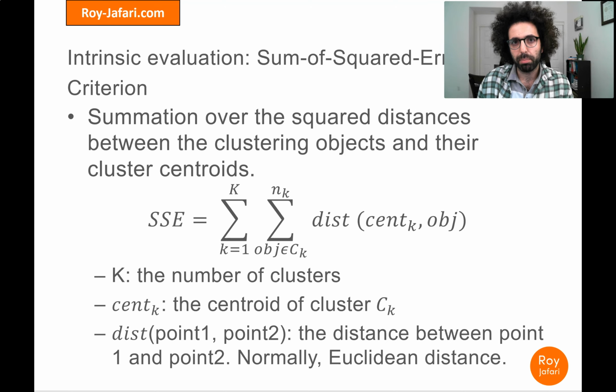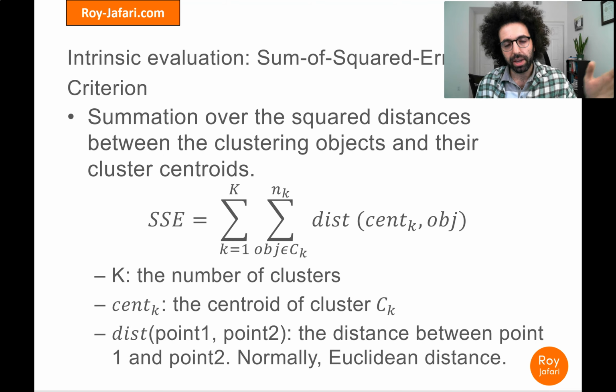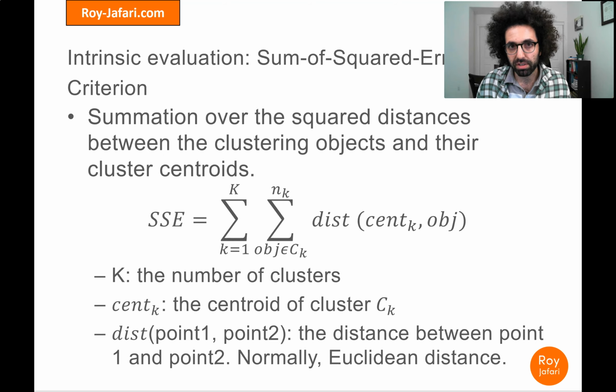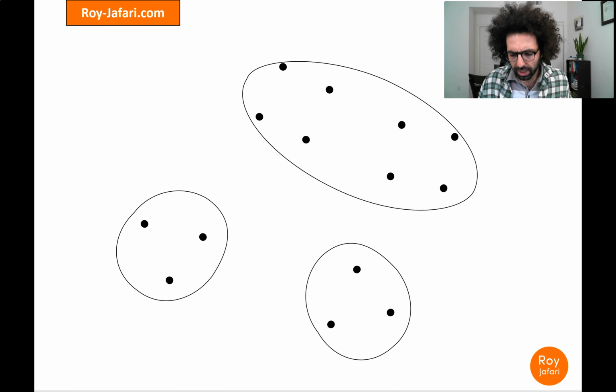So sum of squared error basically calculates the loss of information. How much information are you losing if you were to discard everything else but keep this cluster? The way it goes about it, it calculates the centroid of each of these clusters that you've come up with, and calculates the distance of each of the data objects from the centroid of the cluster that data object is a member of. That's basically it. It uses that to say which clustering is better. So let's look at an example.